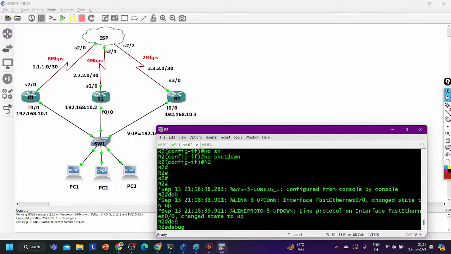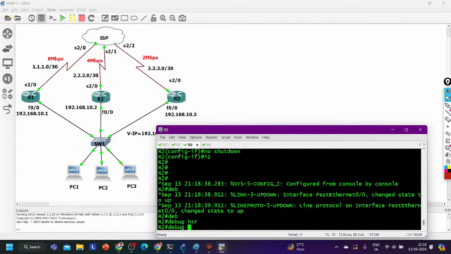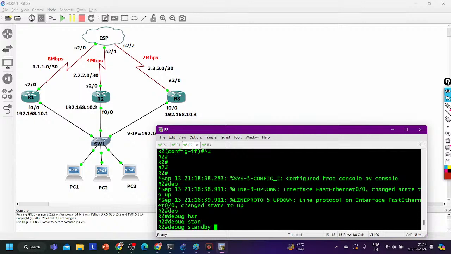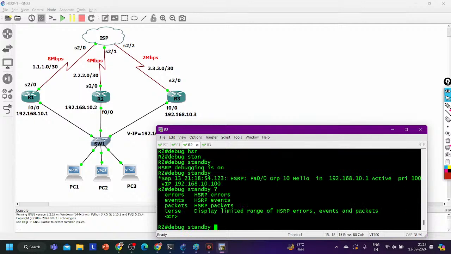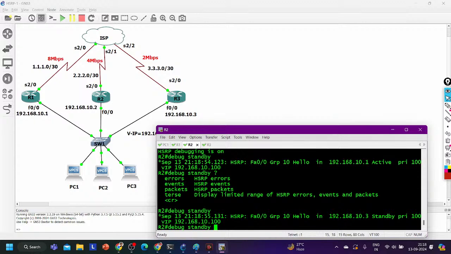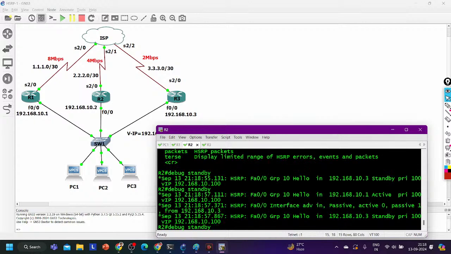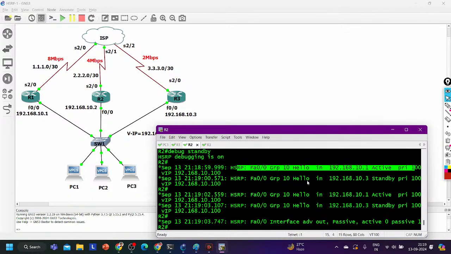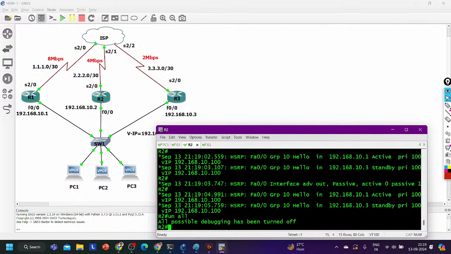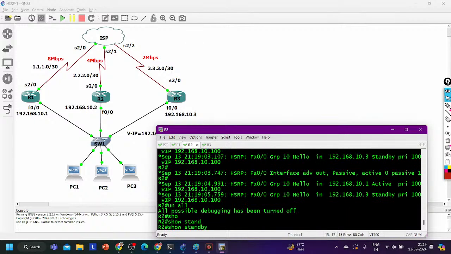And why is the debugging command not working? Debug... okay, I think I can say debug standby. Yes. Now I am able to see all messages. This router is sending hello messages as well as receiving hello messages, and the standby